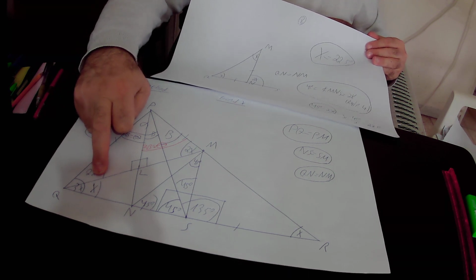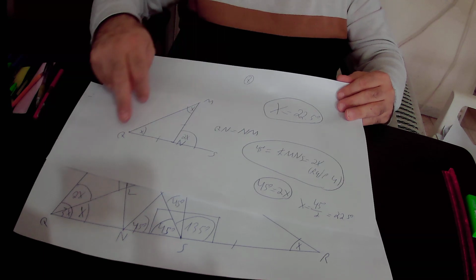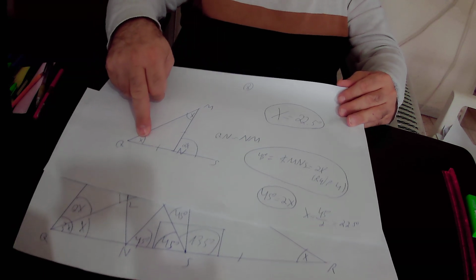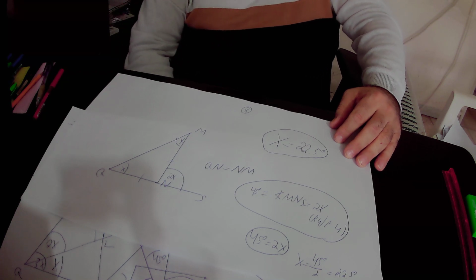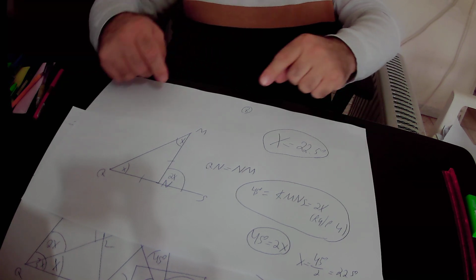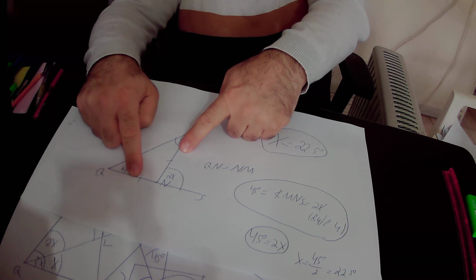We built it like that, so angle MQN equals x according to our construction, and we know that MN equals QN. Those two sides are equal to each other,